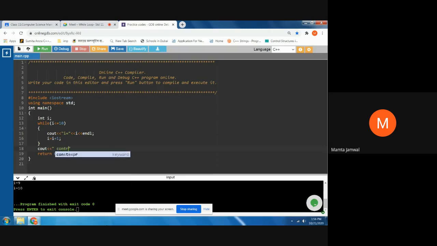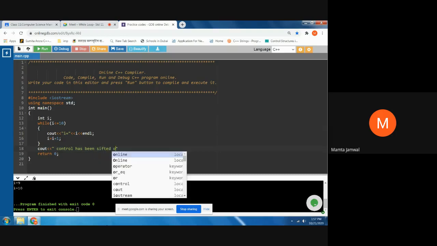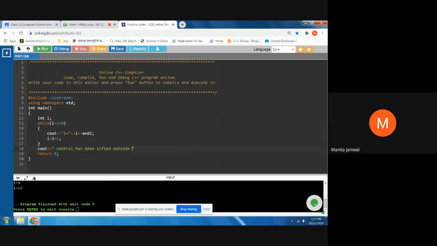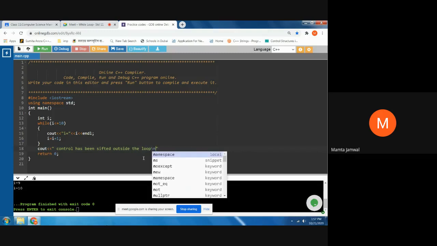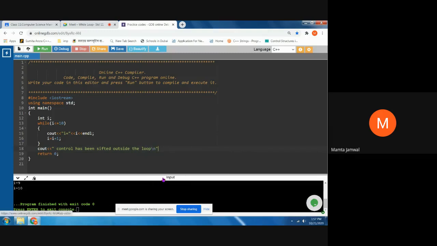Control has been shifted outside the loop. Any message you can write because it is going to appear as a message only, right? So endl की जगह पे आप slash n भी use कर सकते हो. Now if you run this,